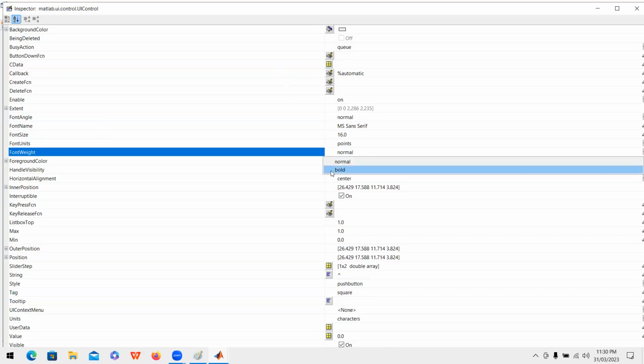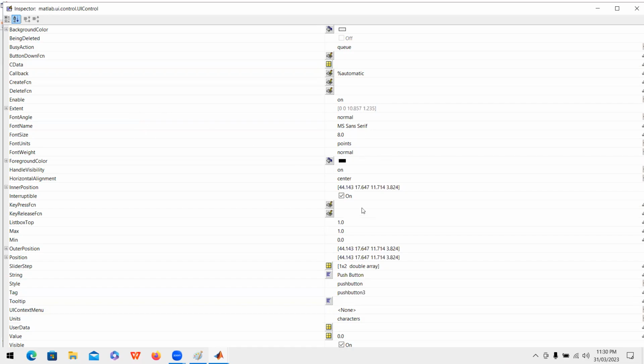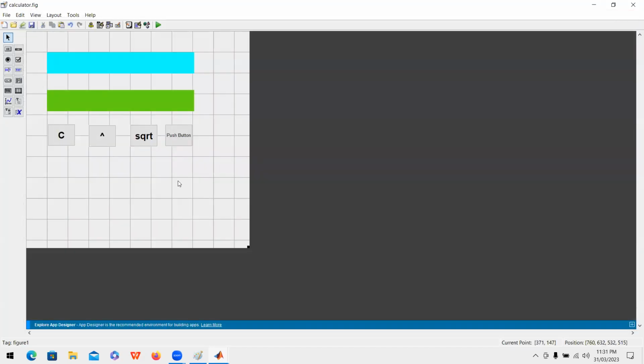One thing I didn't do, the bold option. Then I'm selecting this as my square root option. And this one is my square root button. And the font size is 16 and font weight is bold. Okay,